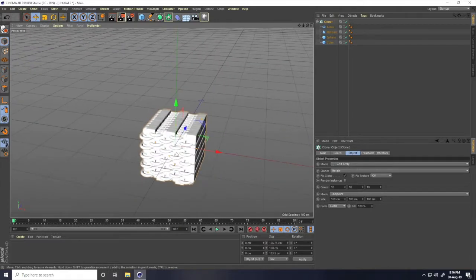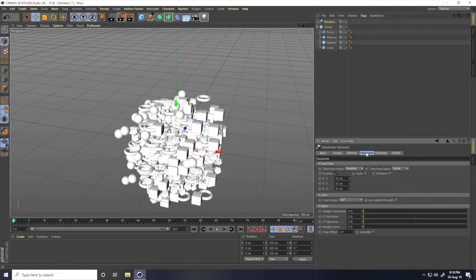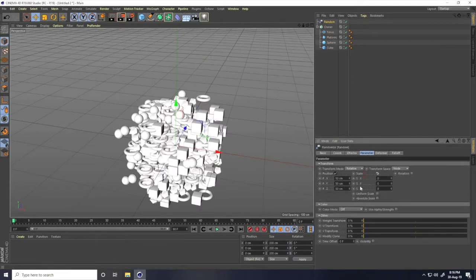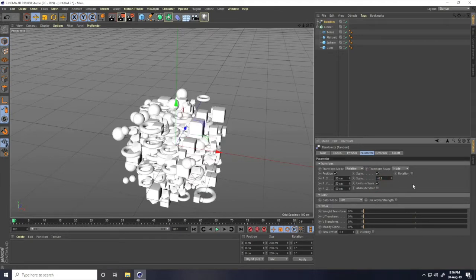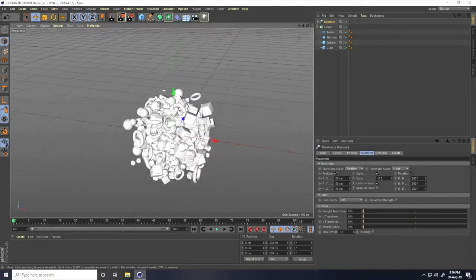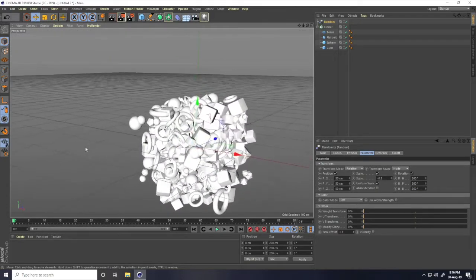And now, guys, I apply the random effector tool. So select this cloner and I take random. Yes. And I go to parameter, scale size check and uniform scale check, and scale size I take minus 0.5 and rotation check. And guys, all rotation take 360, 360 and 360. Created like this. Right guys, that's my first shape.